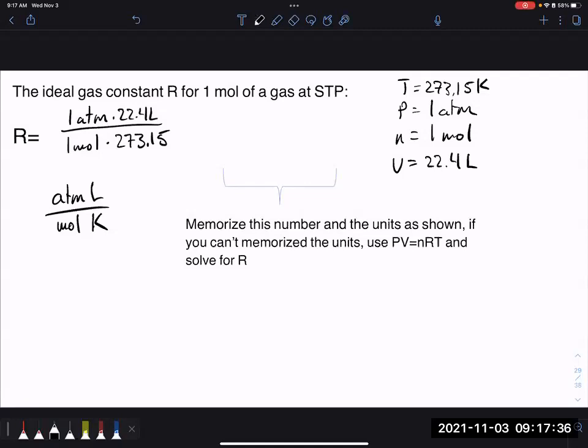So if you don't remember R, but you remember the units, you can calculate R. So if we do this, I'm going to do 1 times 22.4. Actually, don't need to do that, but I'm doing it anyway. So we could divide by 1, or 1 mole times 273.15 is going to be 273.15. So now divide by 273.15. And we'll get the whole number here now, right? So all of the digits,